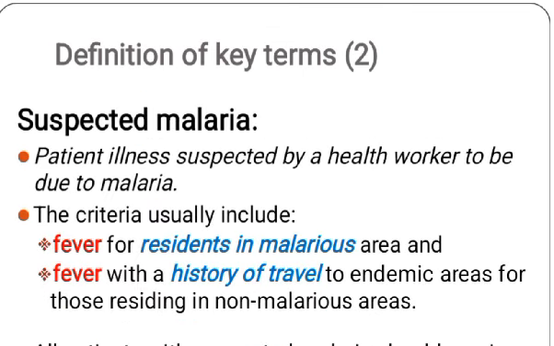Definition of key term. Suspected malaria: a patient illness suspected by a health worker to be due to malaria. The criteria usually